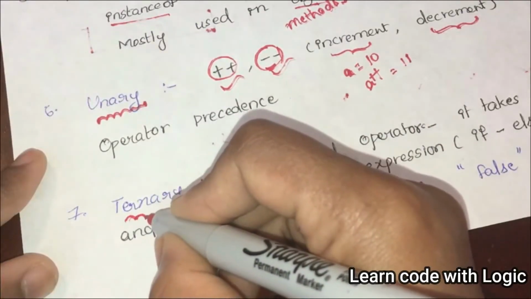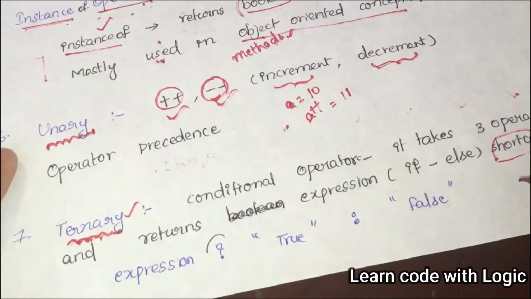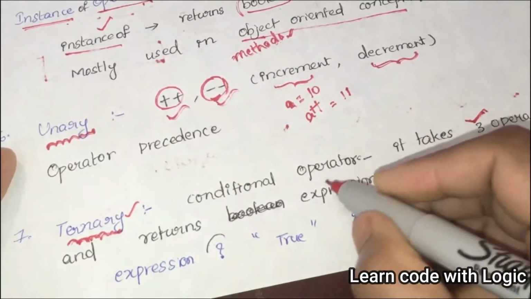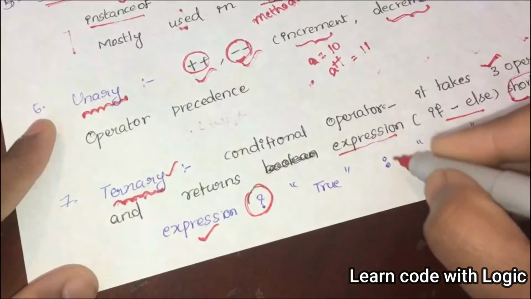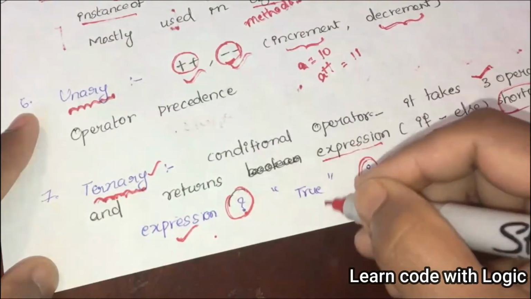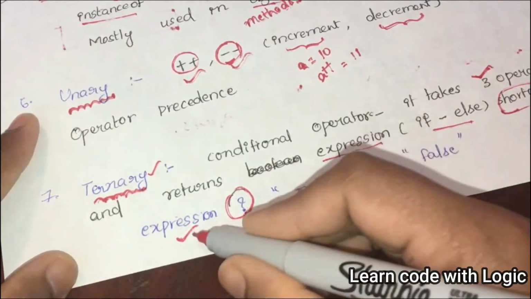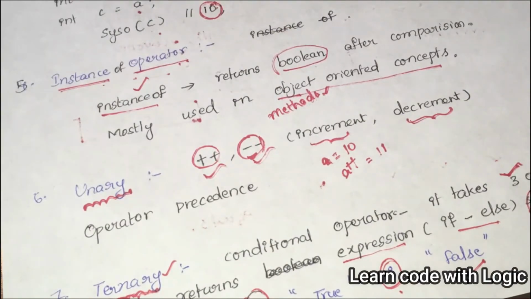The last one in today's tutorial is ternary operator. It is also like a conditional operator. We can also say this is the shortcut of if and else statements. It takes three operands and returns the expression which is true. Suppose here we are giving an expression, and this question mark and this colon are the ternary operator. If the expression is true, then it prints the true value, whatever is there for true. If the expression is false, it prints this value. This is just a brief review of operators in Java.